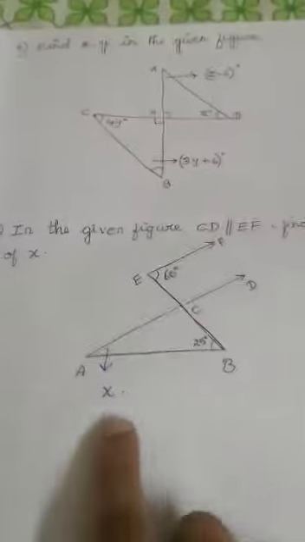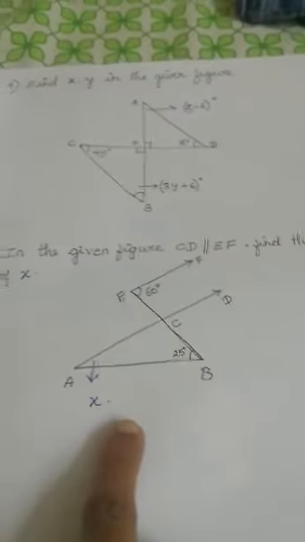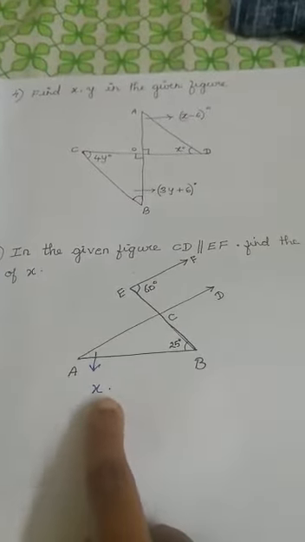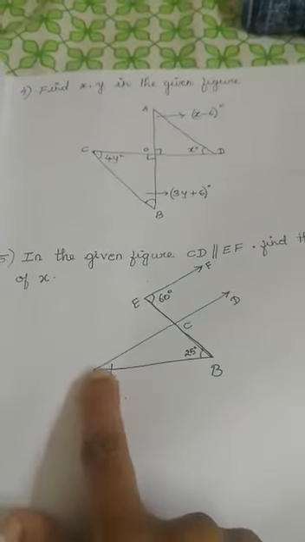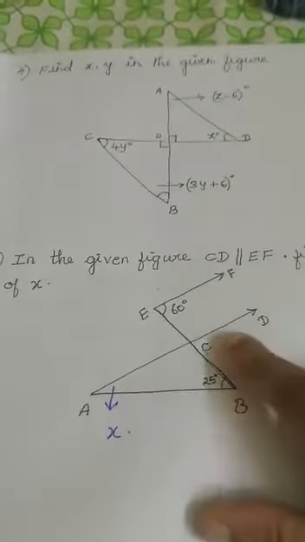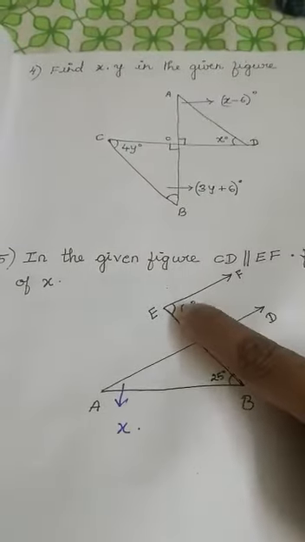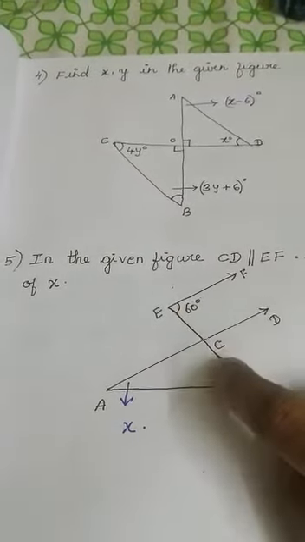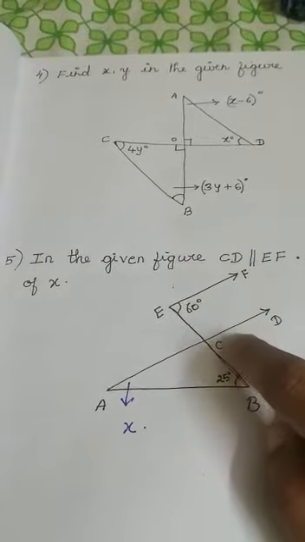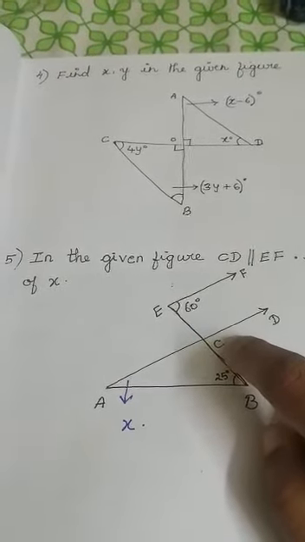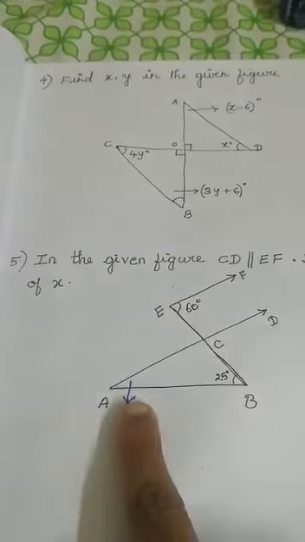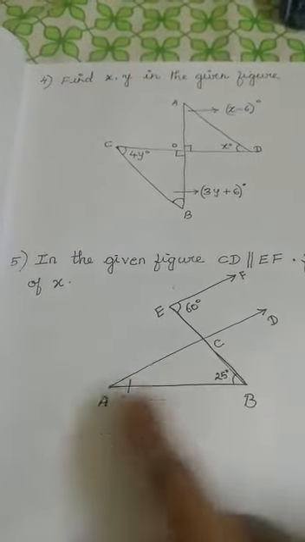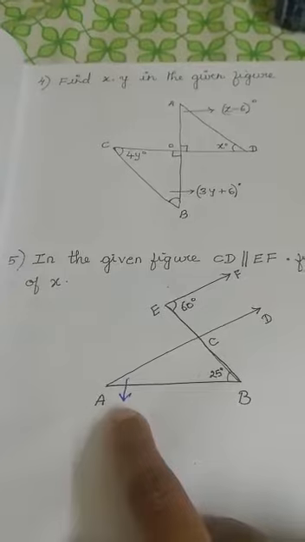Similarly for the fifth question also, I have given find the value of x, but I didn't mention x in your question. So x is this part. So from this part you can see if this is 60 degrees, since these two are parallel, angle C in this outer part is also 60 degree. The reason is corresponding angle. Now use the exterior angle property. X plus 25 is 60, which means x is 35 degree.